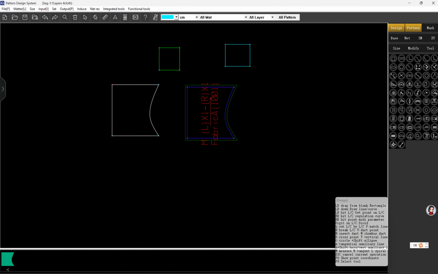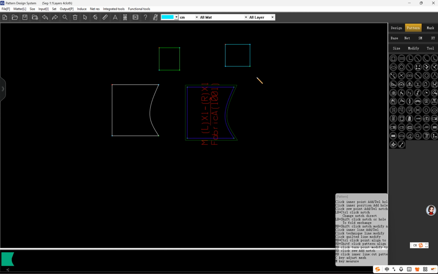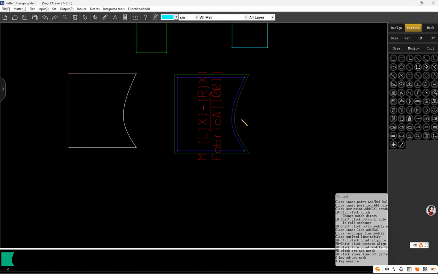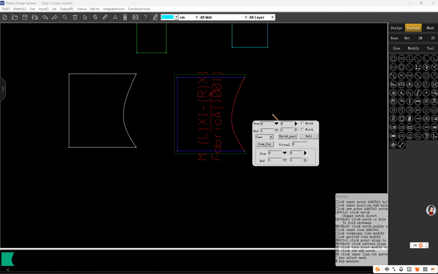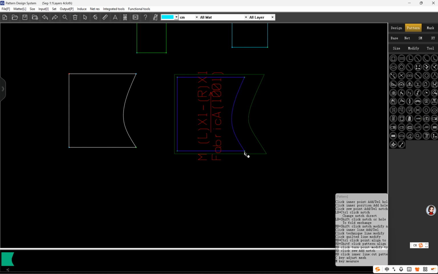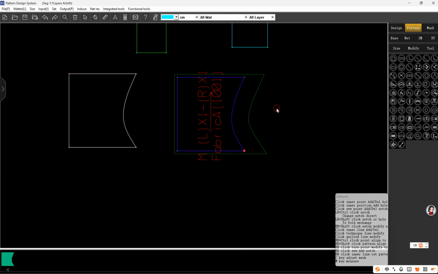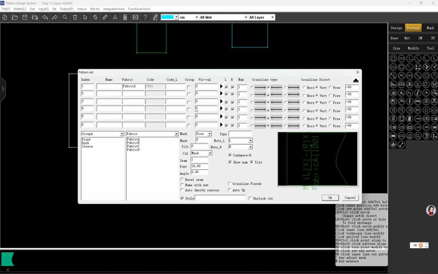And in the intelligent pattern mode, after generating pattern pieces, operations such as adding seam allowances, setting seam corners,